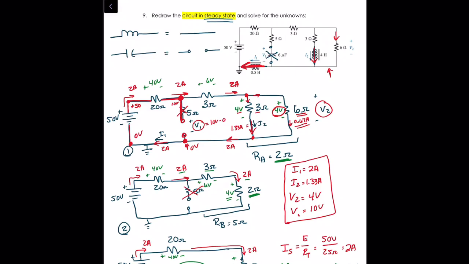If you want, you can plug this circuit into Multisim, and you can actually take these measurements. You can measure the current here right before you get to the inductor or right after. You can measure this current before or after your inductor. You can measure your voltage across that capacitor voltage, and so on. You can measure the voltage across the resistor and see that they should all be exactly as